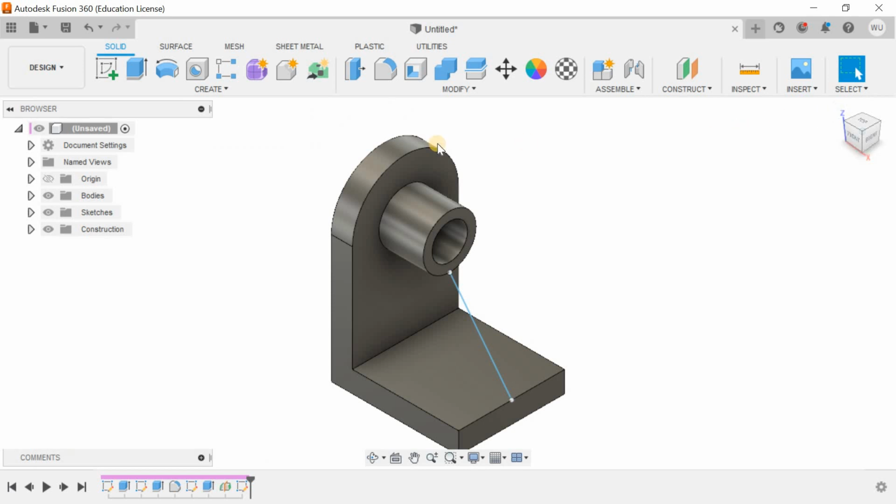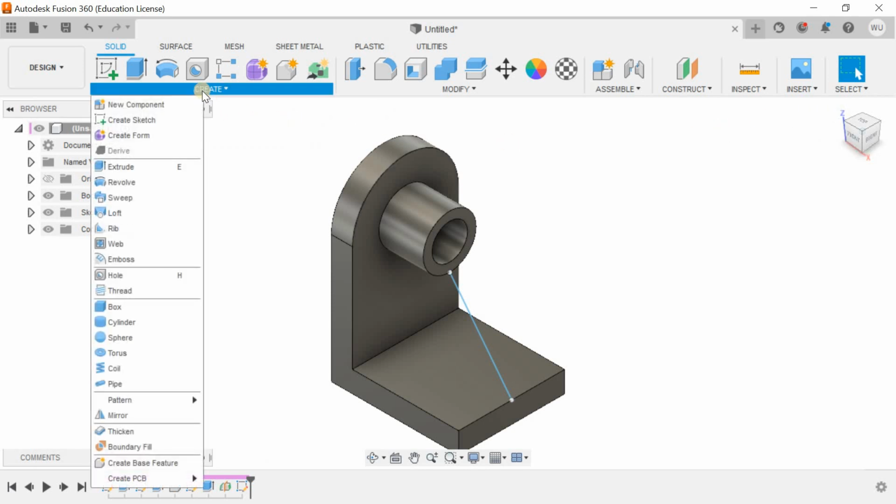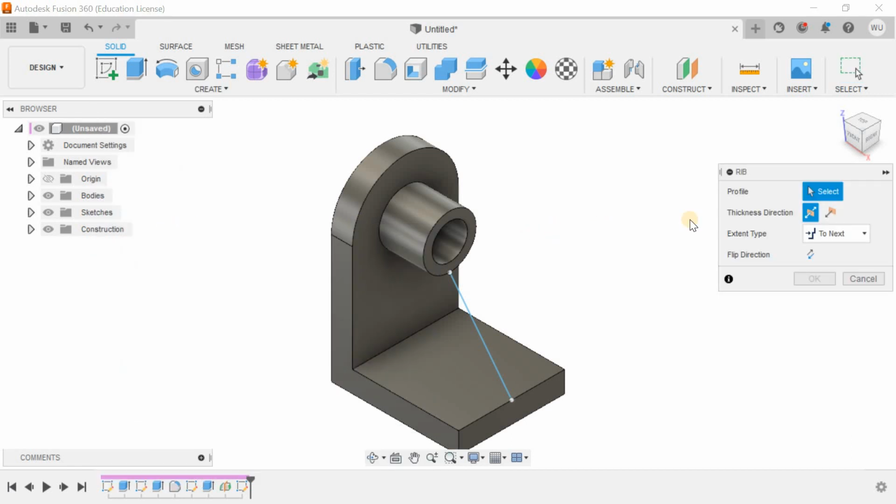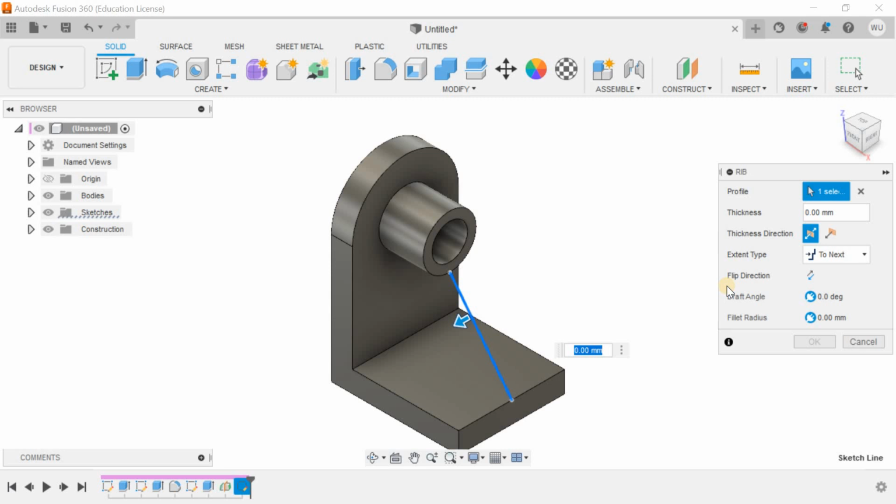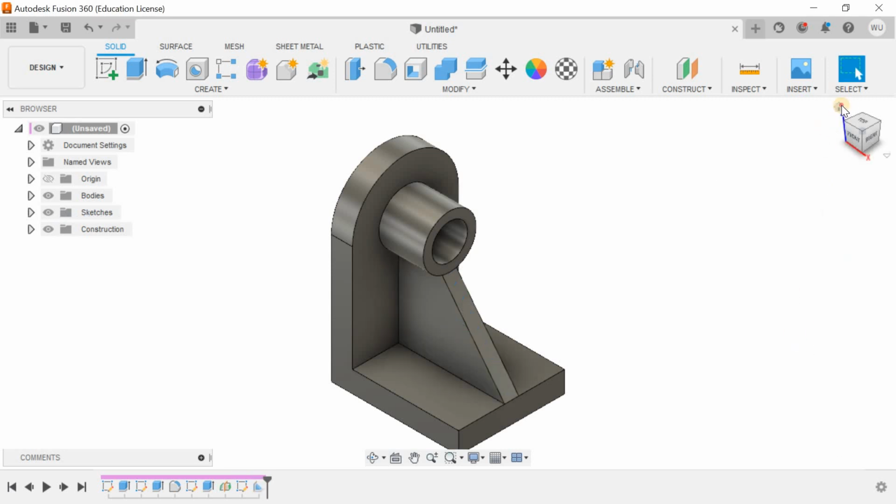Go to home and now I will create a rib and now select the profile, this one, thickness is 8 and hit OK. See, now I will apply some appearances